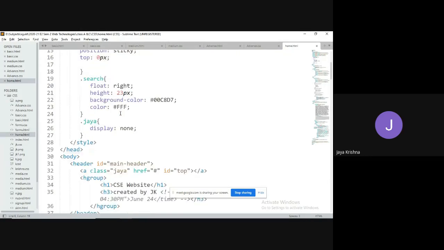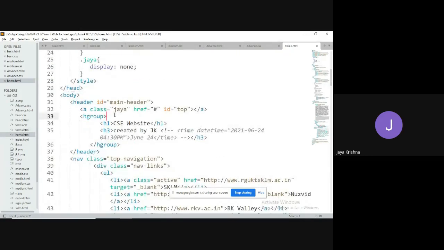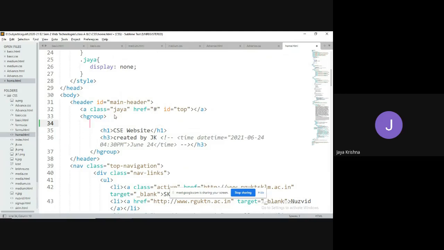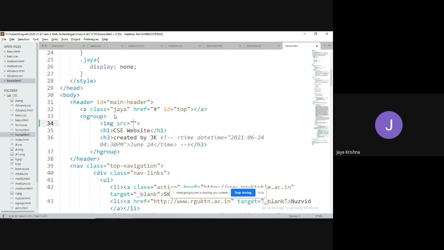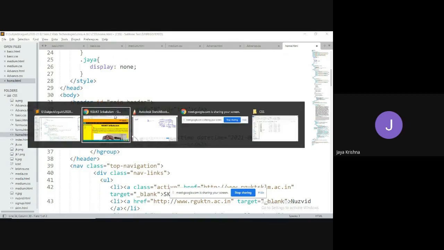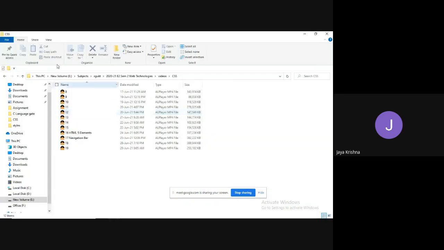Home.html. What I will do is try to take one image in the H group. I'm going to take the name of this one as jk1.png. Is it jk1.png?